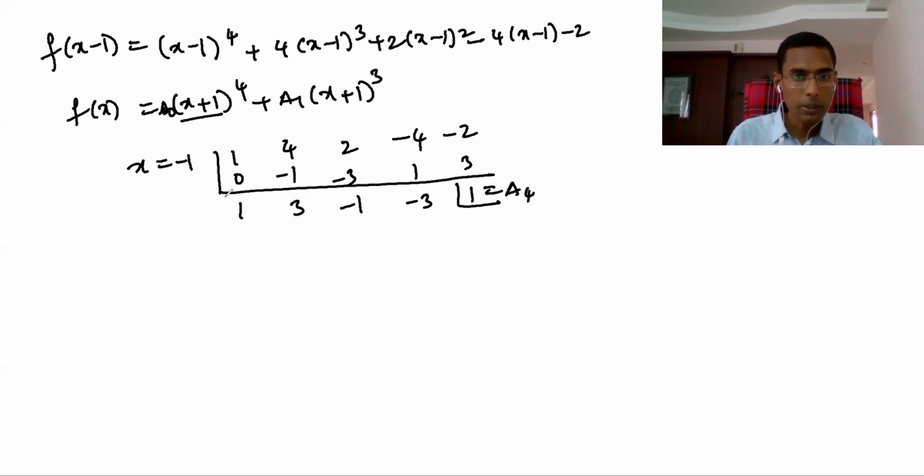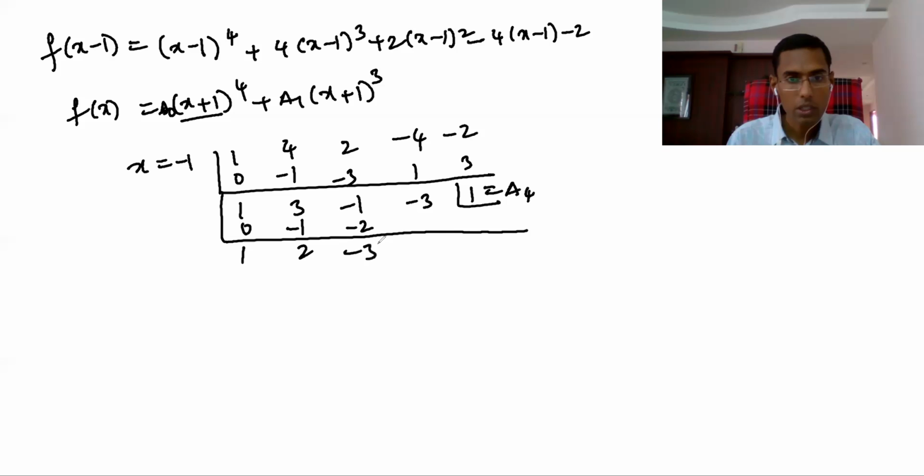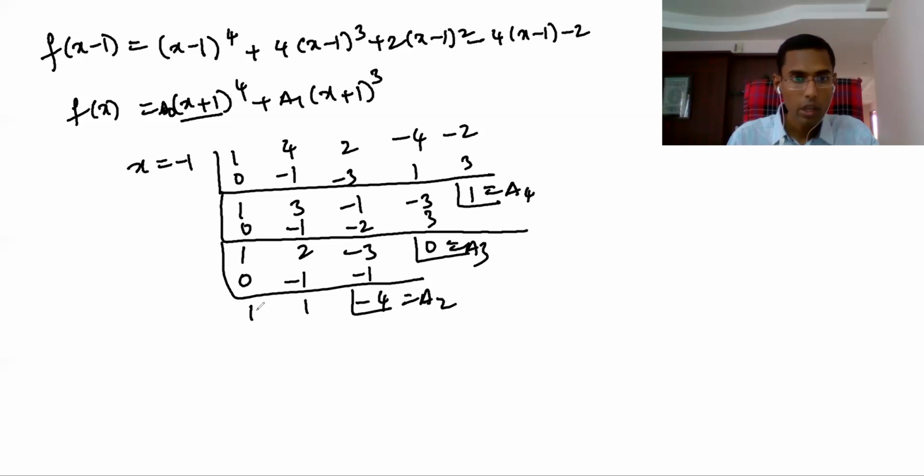The next one: minus 1, minus 3, minus 1, then the next one is 0, then this is 1, so it's minus 1, 2, this is minus 2, minus 3, 3, this is 0 you got. The next one is 0, it's 1, it's minus 1, this is 1, this is minus 1, this is minus 4 you got. This is A3, this is A2, and then obviously you see here this is 1, this is